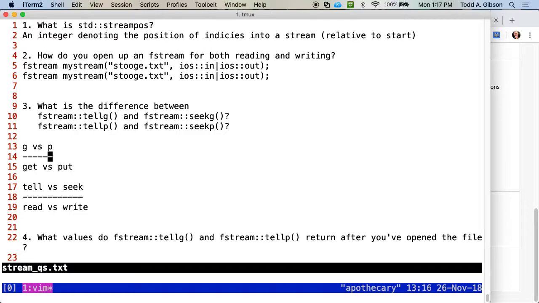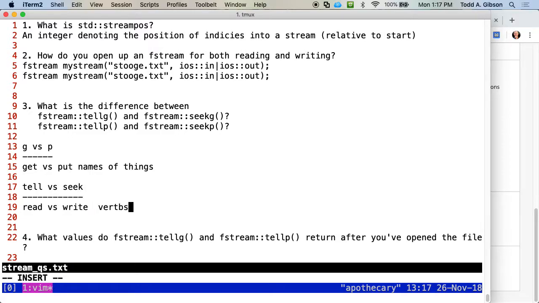So get versus put, read versus write, but get and read and write and put seem awfully similar. I think that get and put are the names, the things, and tell versus seek, read or write, those are verbs.